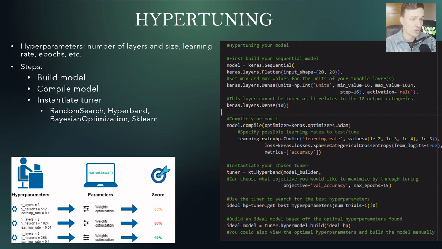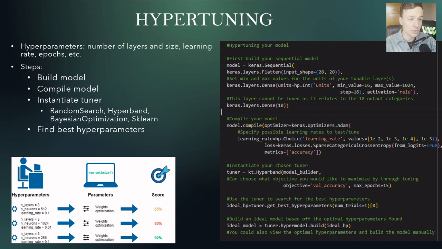Here, I just have my tuner set on maximizing validation accuracy. That's generally what you're going to want to go with. I also specified the max number of epochs to save time. So now we'll use this tuner to run a hyperparameter search, which is done by using the tuner.search function and